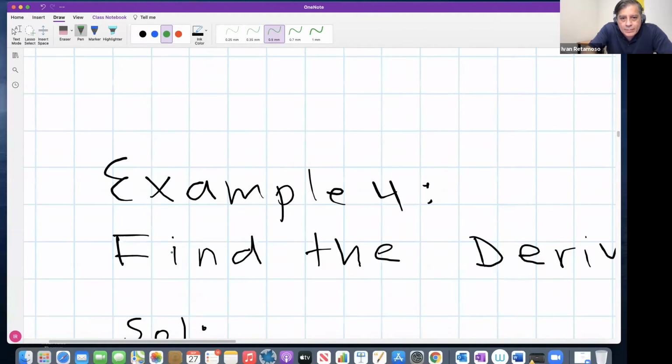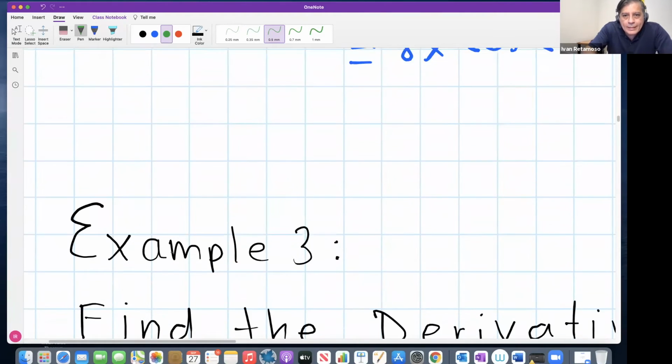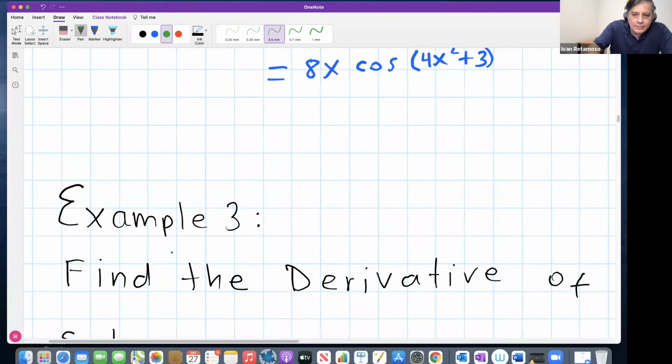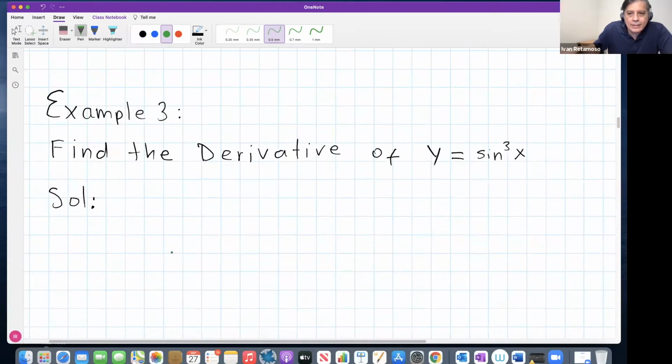And let's see more examples. There are more examples there. Example 3 now. Suppose they ask you to take the derivative of y equals sine cube of x. Sine cube of x. Well,